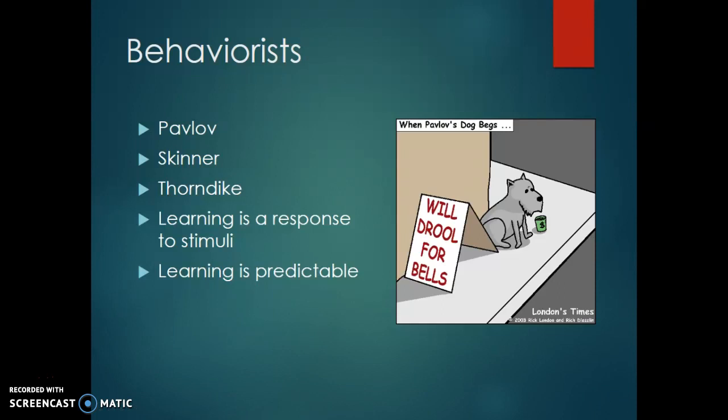So let's look at some of these early theorists. The early ones were the behaviorists, people like Pavlov, Skinner, and Thorndike, who believed that learning is completely predictable because all it is a response to stimuli. We now know this is not the case, that learned behavior or conditioned response is not the same as learning something. So there were other theorists and researchers and educators who didn't agree with the behaviorists, and they went off